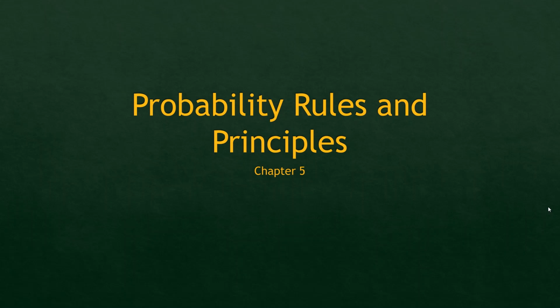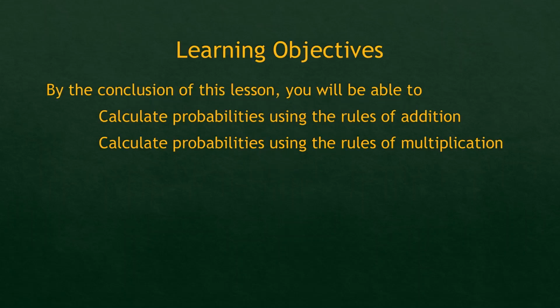We are going to go over the probability rules and principles in this lecture. You should have already gone over the fundamentals or the beginnings of probability as well as the objective and subjective probability. Just a reminder, probability is a scale of 0 to 1 inclusive of the likelihood of an event occurring. And we're going to look at some more information here on